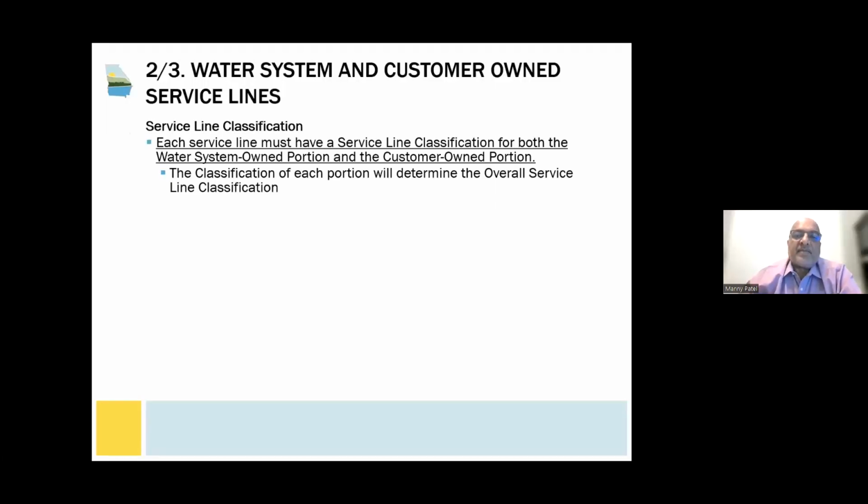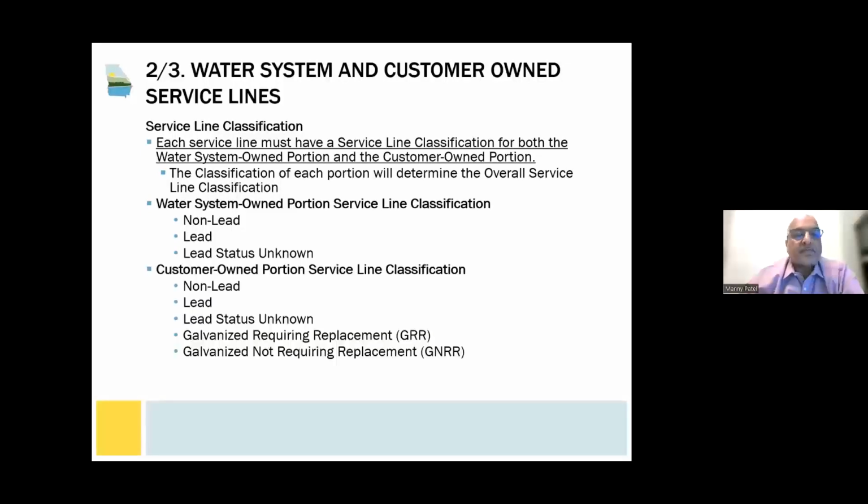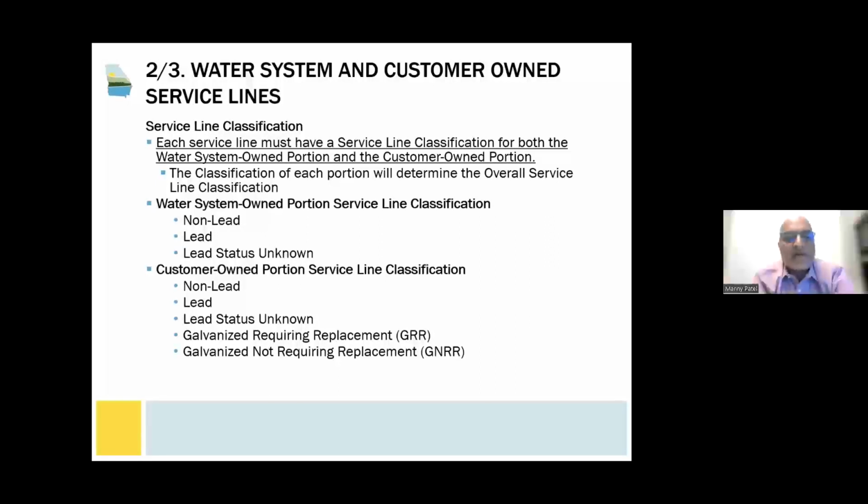So each service line must have a service line classification for both the water system owned portion and the customer owned portion. The classification of each portion will determine the overall service line classification. On the water system owned portion side, you basically either have non-lead, that you're sure that it's not lead, it was installed after the lead ban, for example, or it is lead, or lead status unknown. Well, on the customer owned portion side, you got,